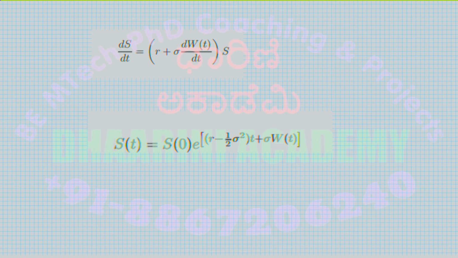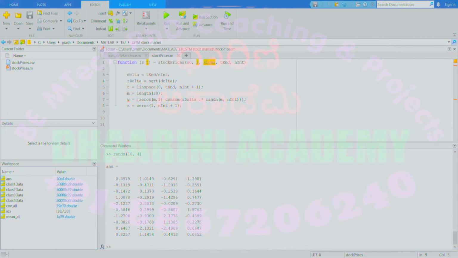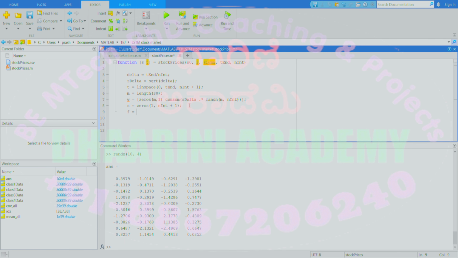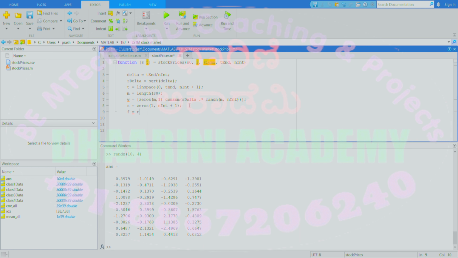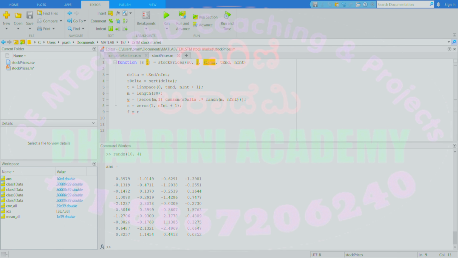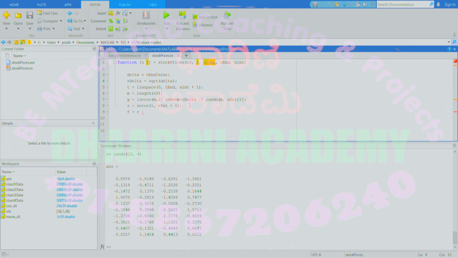Now you see what I need to do. I will define the first part of the function, that is r minus half sigma square, as a function f. I'll calculate that separately and keep it ready first. So I'll define the f. If you remember the equation I just showed, f is equal to r minus sigma square divided by 2. So that divided by 2 I'll write first, that is 0.5. It's half